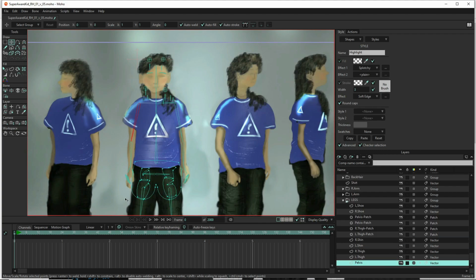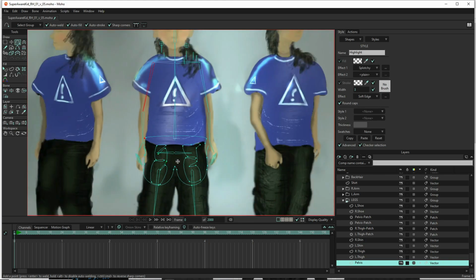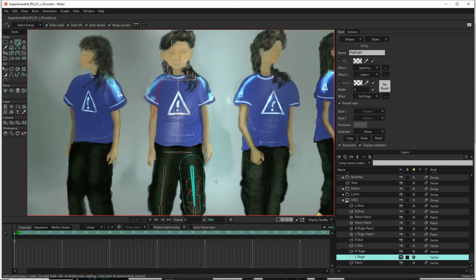The pelvis first. And T, and grab these points, and we're going to bring them. Now we got to think that the pants are going to be up under the shirt a bit. So just like that. Let's add a point to bring this over here, because we do want to be able to have the pants be very wrinkly, as they obviously are, and we want to be able to change these points during animation too. So there we go. There's the pants, I believe, on the pelvis part. So now we're going to move to each thigh,